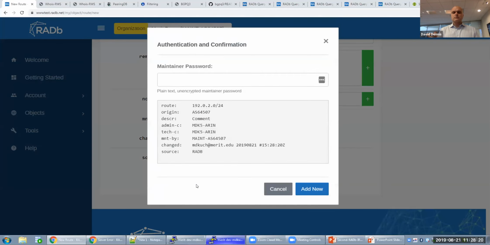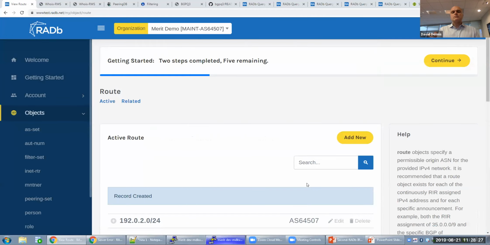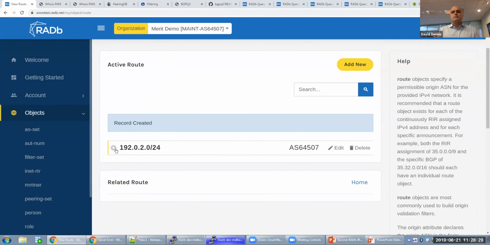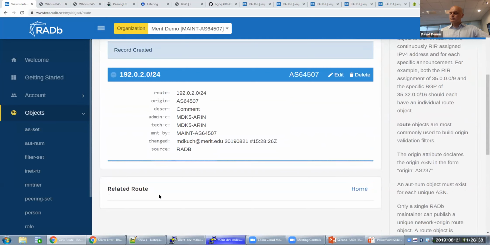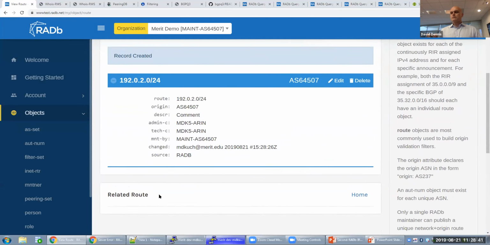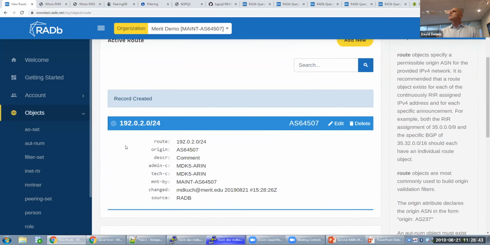Correct the mistake, return, and commit. Our committed object is then presented in the web interface. The IRR faces a bit of a discovery problem. After you create route and origin matching,